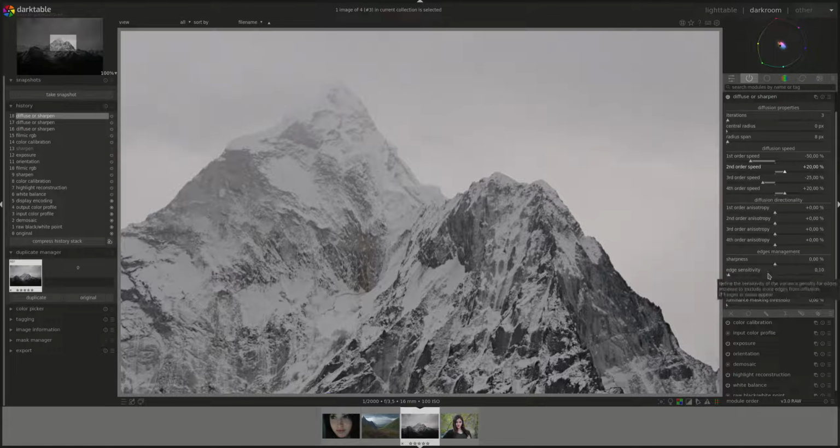And you can do that by increasing the edge sensitivity. As you can see, this will introduce a penalty on the module around the edges, so the module will not apply as much on the edges. Of course, this is way too much, but so now without it,